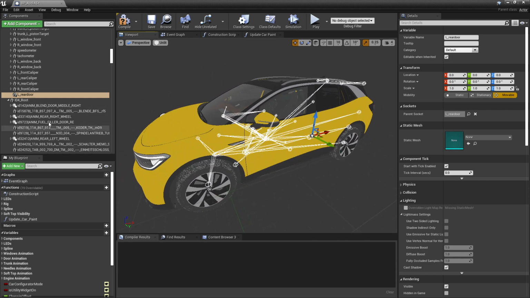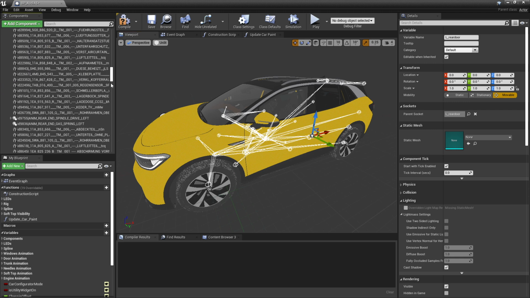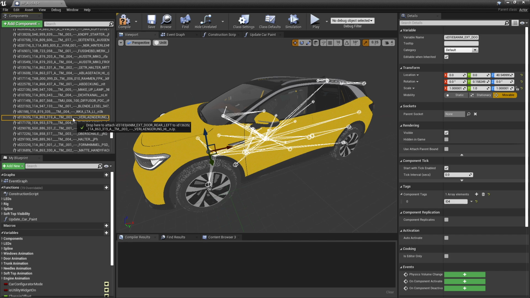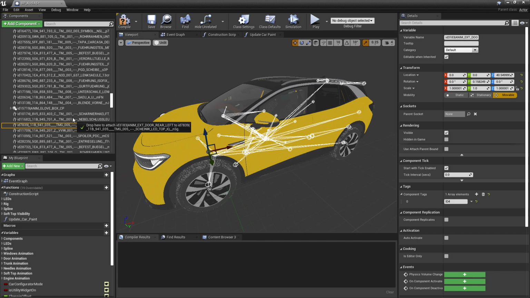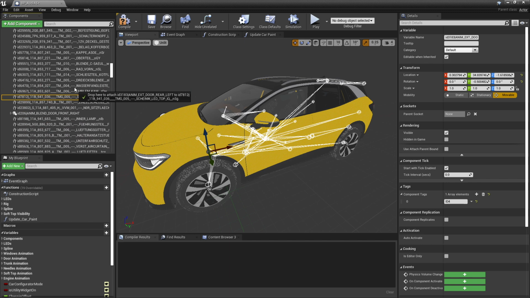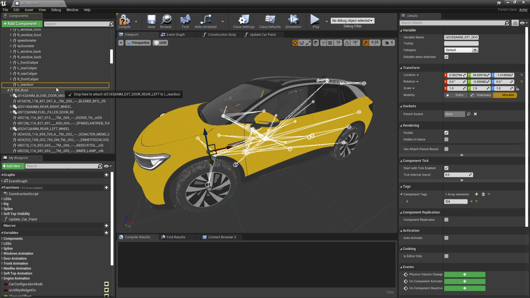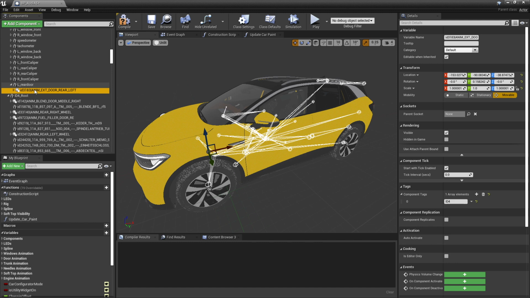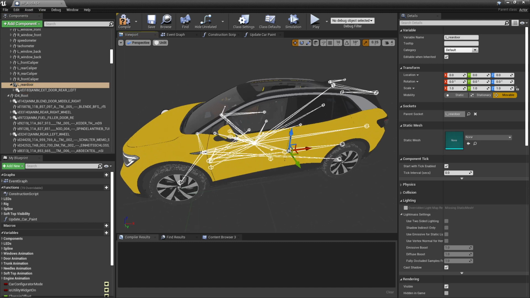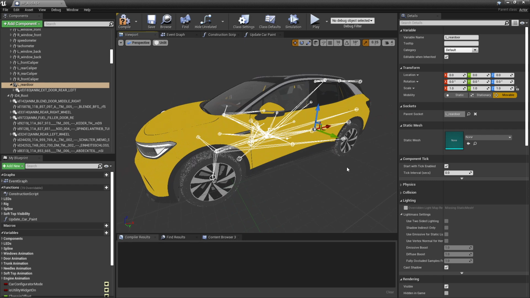So we now have our placeholder that we can use to parent in the hierarchy of this left rear door. So let's just again drag this up to that placeholder and drop it on there. All right, so we'll just parent that in, and now you can see that our left rear door is underneath that, and everything's set up and ready to go.